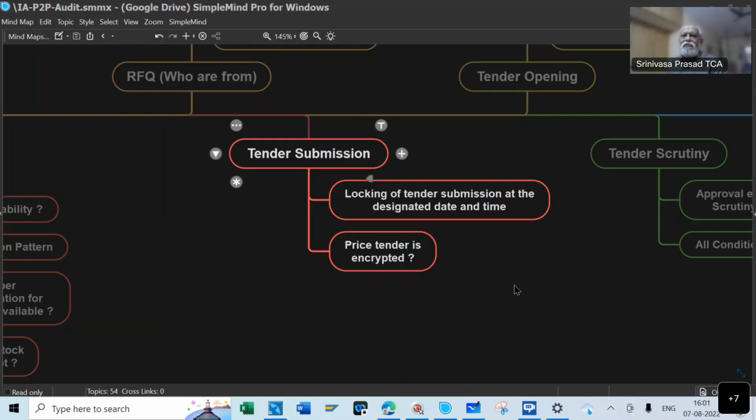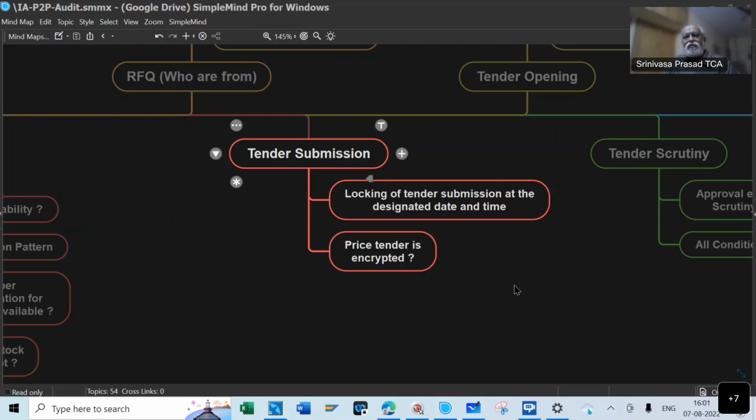Normally, what you say, Mr. Vadivel, normally we give about 30 minutes time. Then there will be tender boxes, all of you must be knowing. In many companies, we have tender boxes. We put the tender and it is sealed exactly at, let's say, 3 o'clock. So somebody comes and seals the box so that no more tender can be submitted into the box. And at 3:30, whichever vendor may opt to present himself or their representative with a letter, they can be present when we open the tender